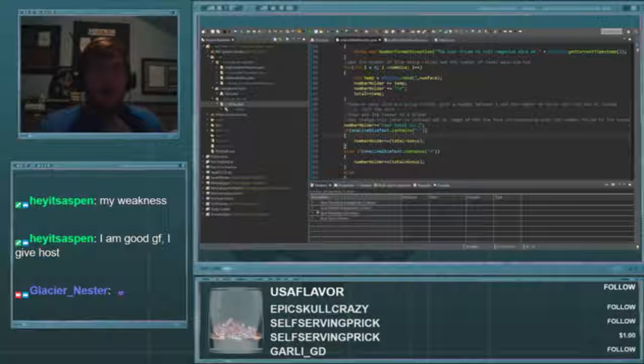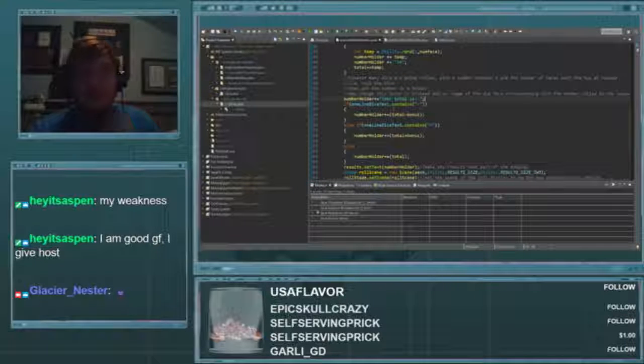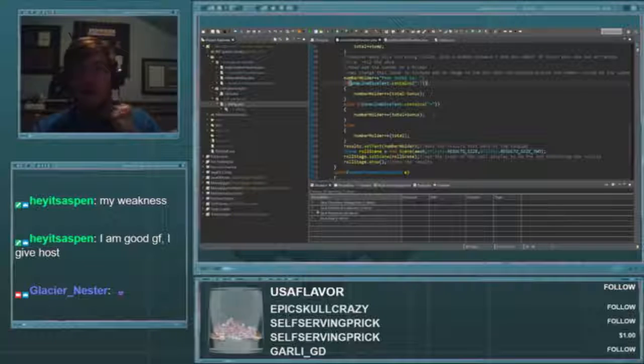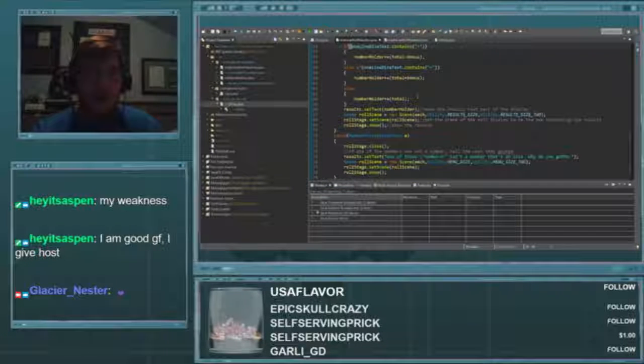Anyway, after we spit out the list of dice, we say, hey, your total is, and then we check if their bonus is a negative bonus, then you subtract the bonus from their total. If it's a positive bonus, then you add the bonus to their total. Otherwise, you just toss the total at the bottom next to this your total is line here. And then we set the text for the results